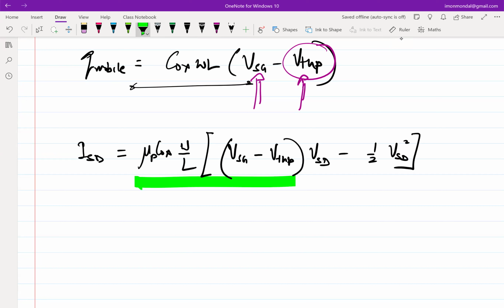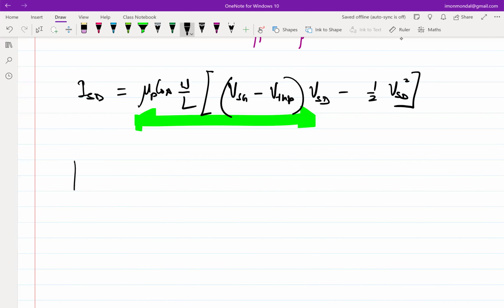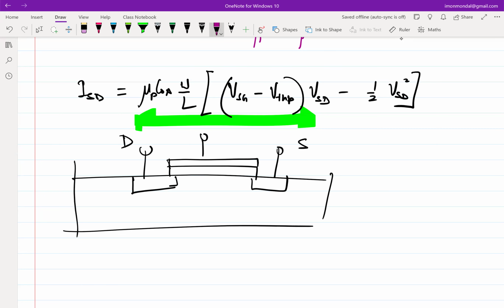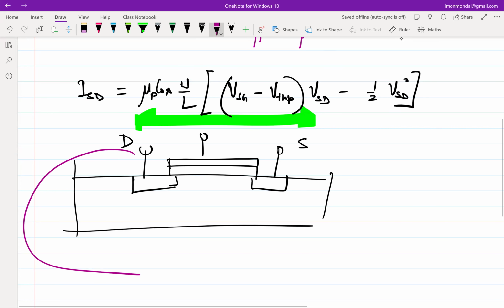So this part of the equation we had derived, and then I put in a fudge factor and said that if you have, you now apply, this is source, this is drain, and if you apply a battery between the source and the drain,